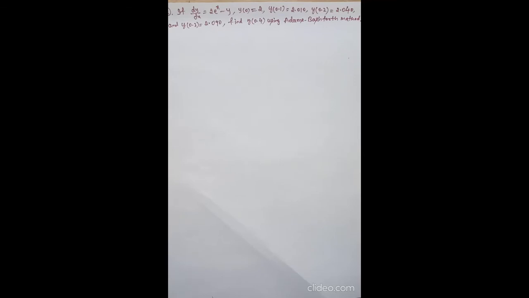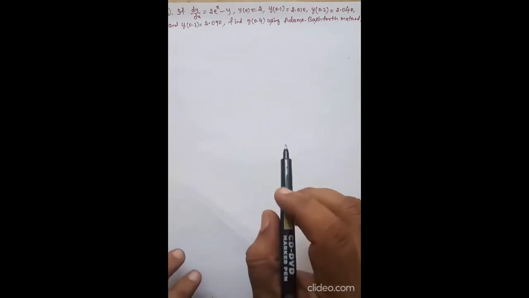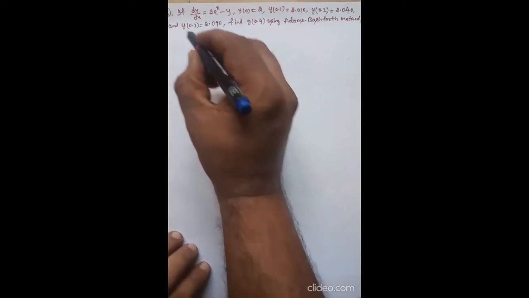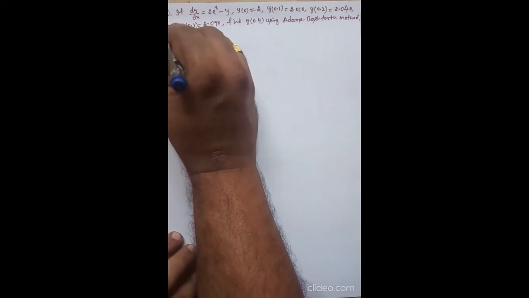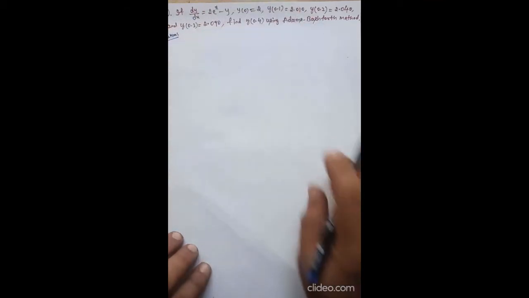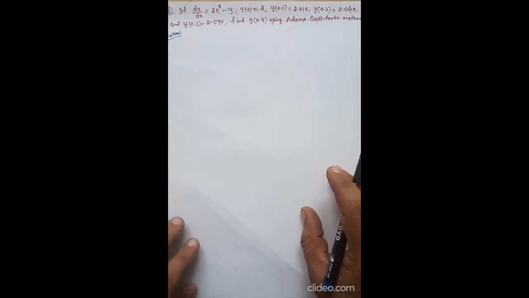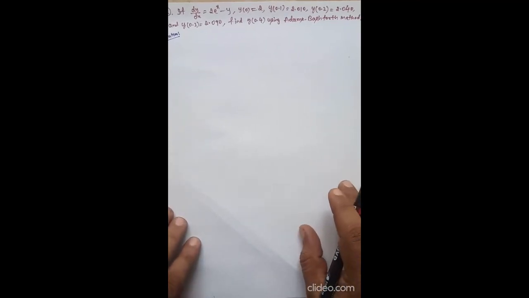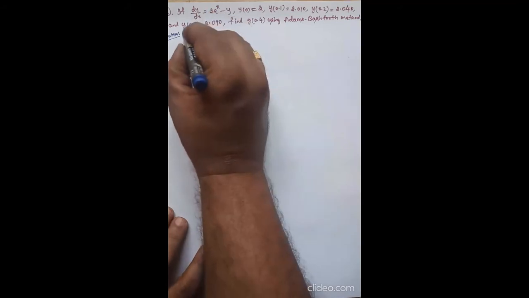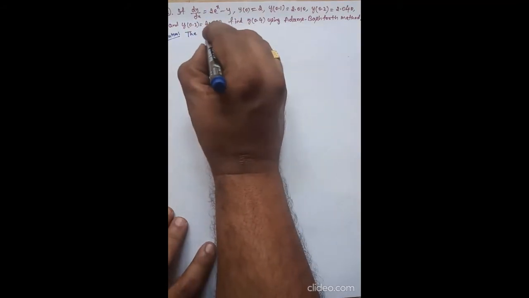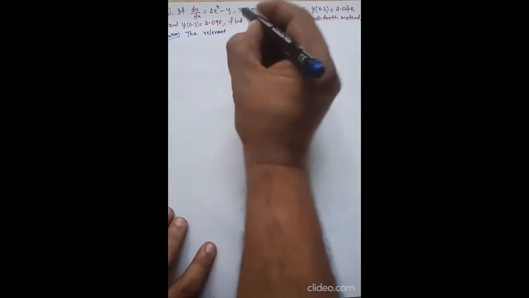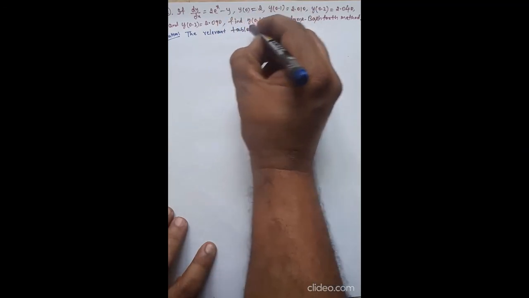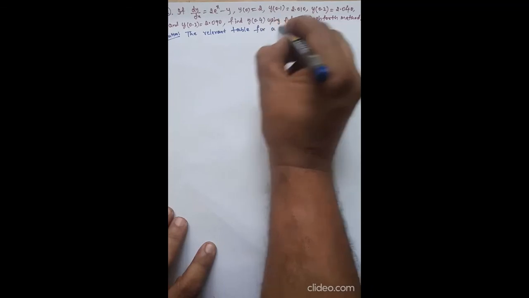So this is the only difference. So let us see how we can solve a problem by using the procedure we have discussed already. So solution. You know the first step of your predictor corrector method, so it may be Milne's or Adams, is construction of the relevant table for a data. So straight away I'll write a data table. The relevant table for a given